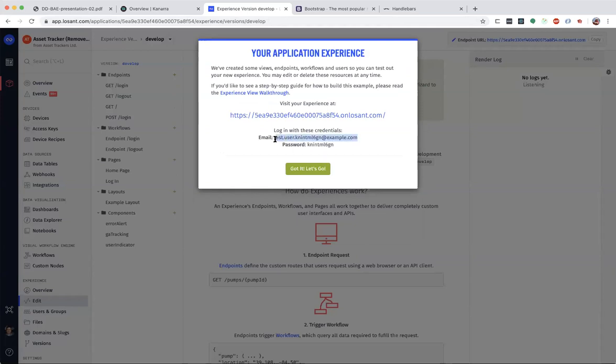I'm just going to copy this to a safe place. We also do create one experience user as part of the bootstrapping process, so that you can actually test signed in versus signed out users. I am going to recommend, of course, that you, at the very least, change this user's password, because the password is the same as the email address you see here, which we do to make it easier to test with. At the very least, change that password, or most likely you're going to want to delete this user before you actually take this application live.